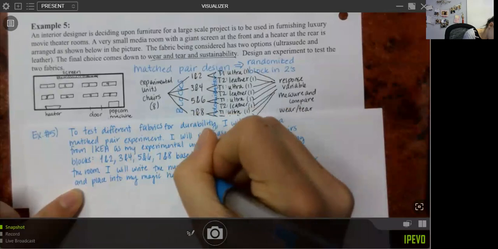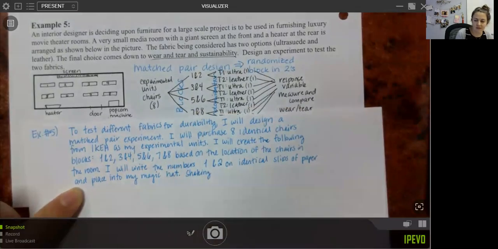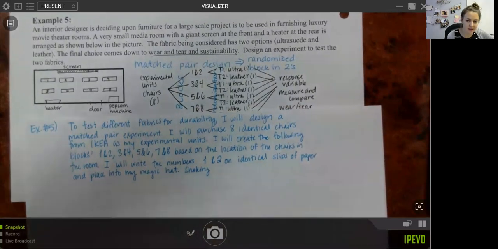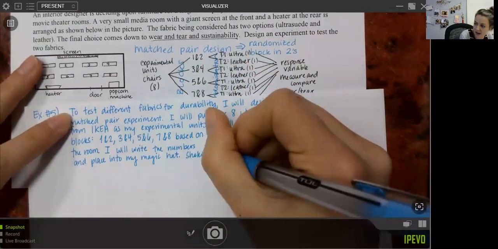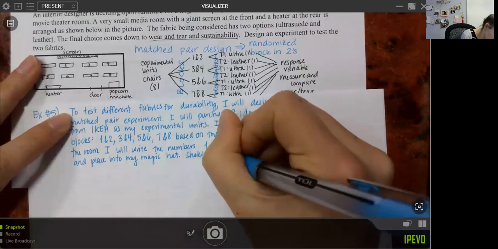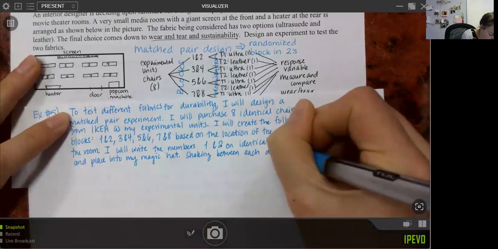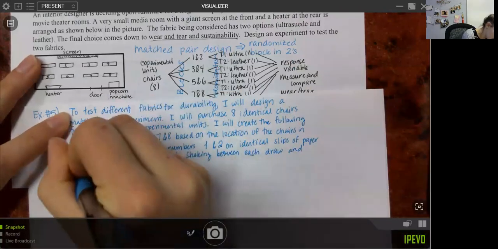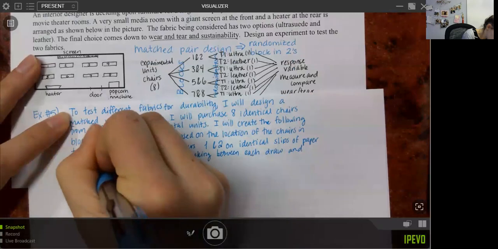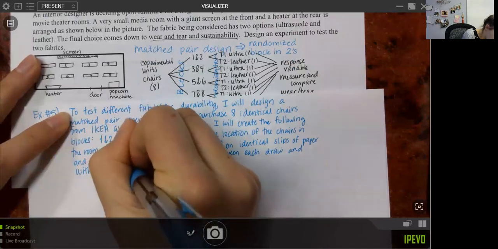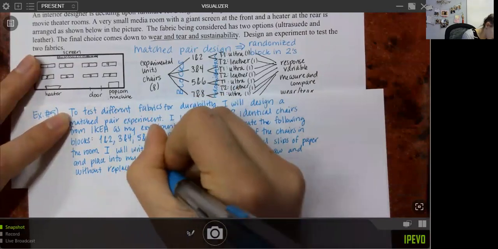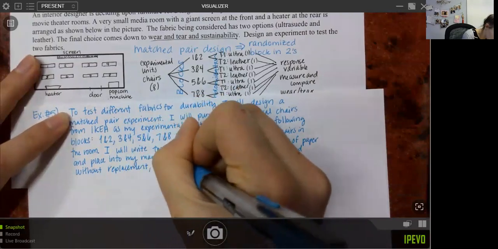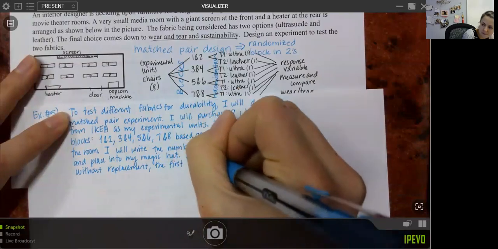Shaking, here's our little keyword here, so to speak, making sure that we're doing this in a totally legitimate way. We are shaking between each draw and without replacement. Okay, the first number drawn